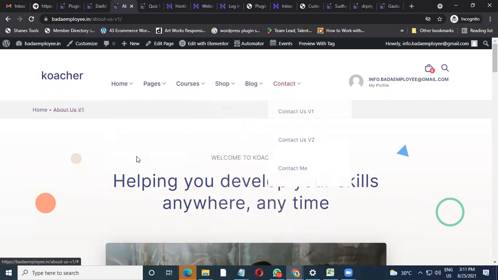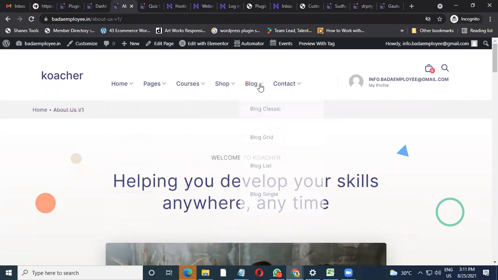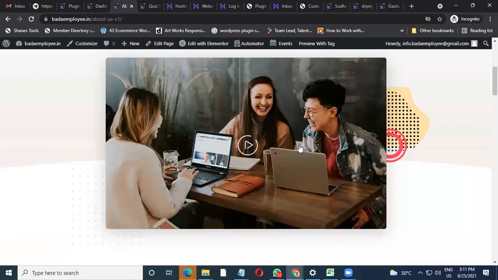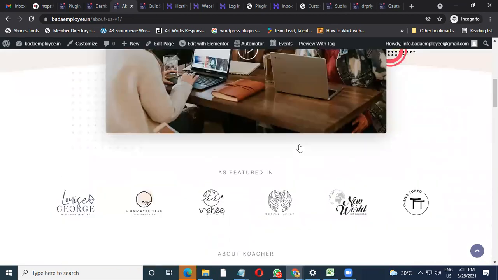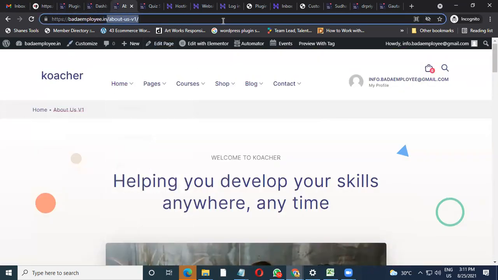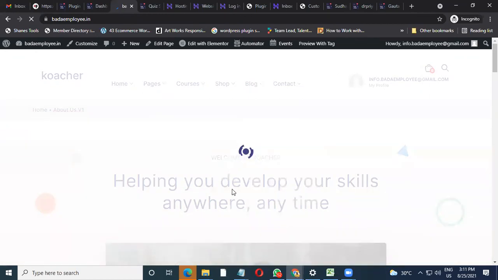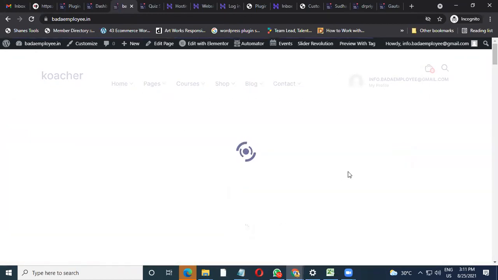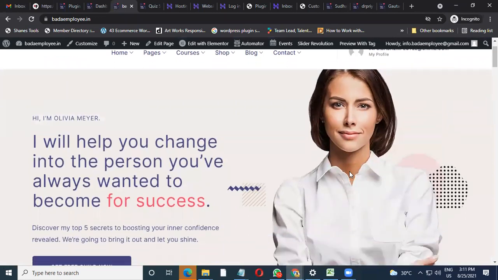I would suggest keep it until you streamline everything, and once you are done with it, we can always remove it. It hardly takes any period of time. So this is how the designing part can be edited. Now, talking about the main page slider, so this is a slider, and slider can be changed from your backend.